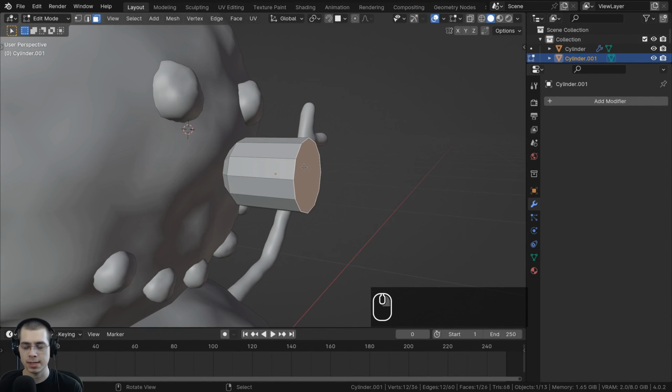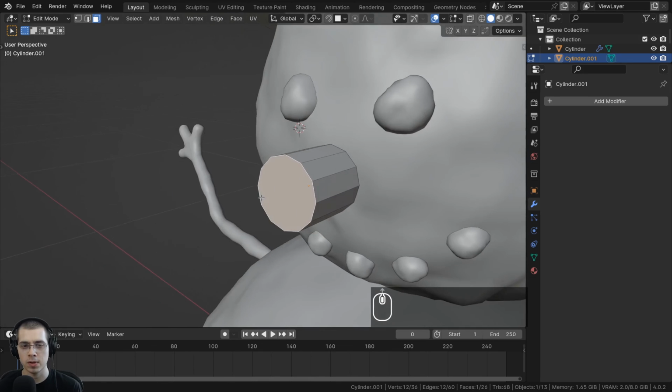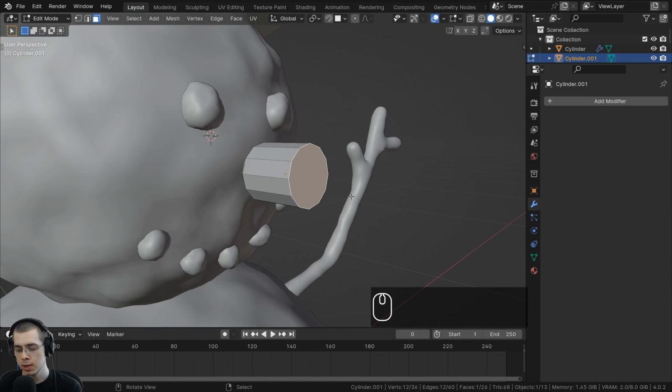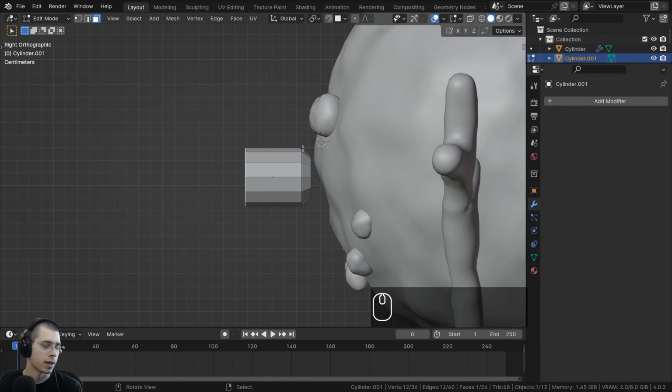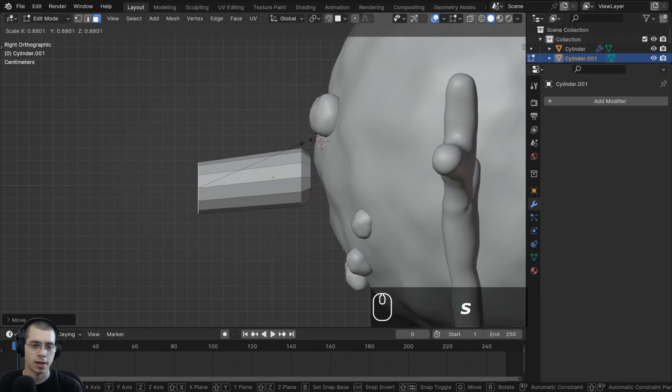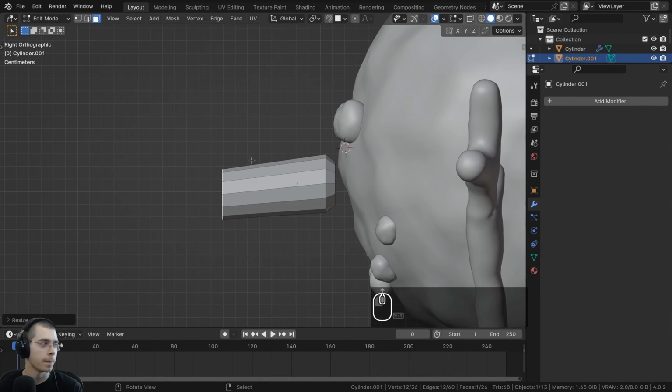Then I can select this face here, and this is where going to side view, the orthographic side view, can be really helpful. So if you hit 3 on the numpad, now it's going to go to the flat orthographic side view, and I can hit G to grab, and I think I'll move this down a bit so that it's kind of rotated, and I can scale it down a little bit with the S key, and then E